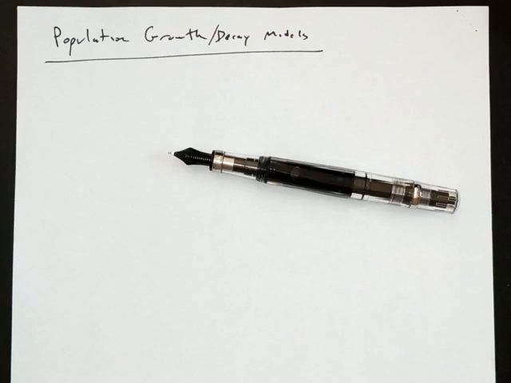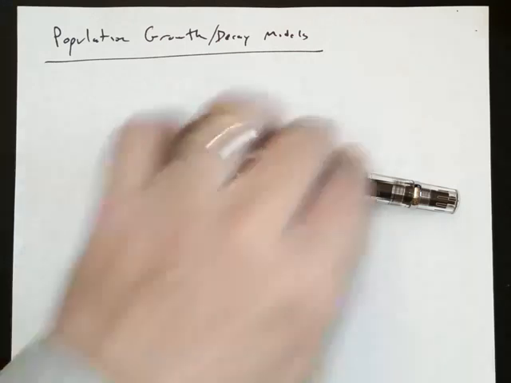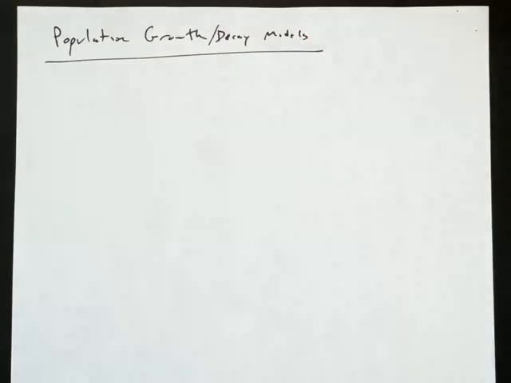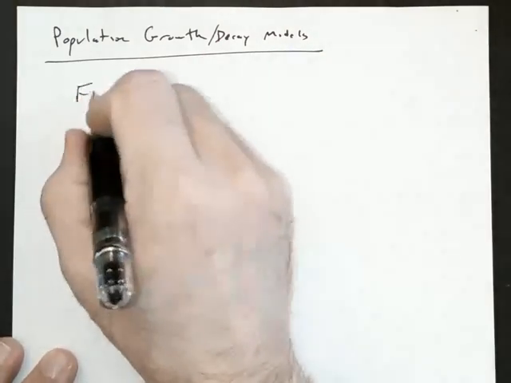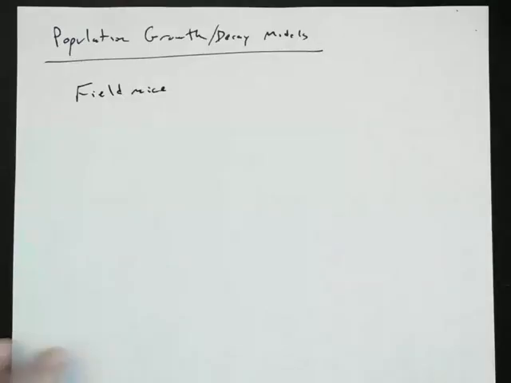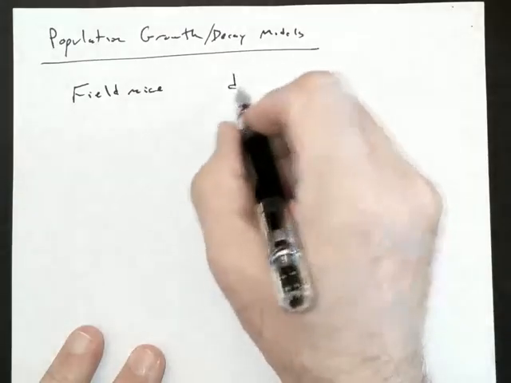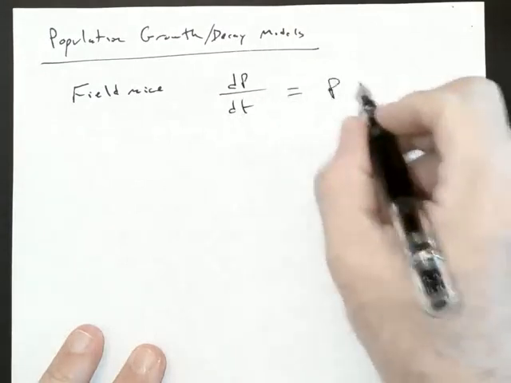Let's start applying our differential equations. The most common first example, one we actually did back in chapter 3, is based on population growth. Gestational period for a field mouse is 3 weeks. Usually population increases about doubling every week. So let's make that assumption that the change in population is double